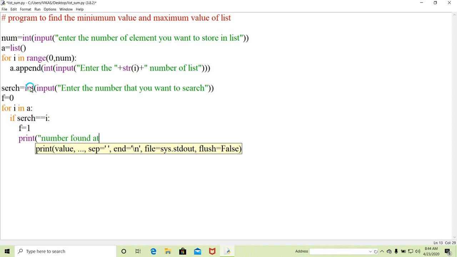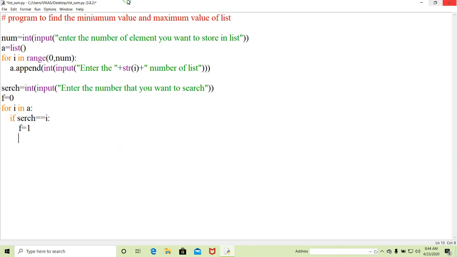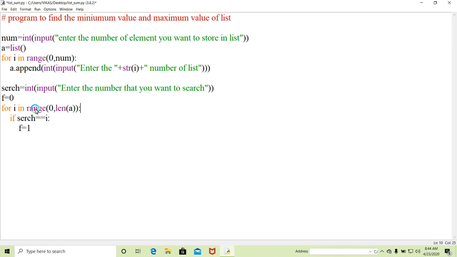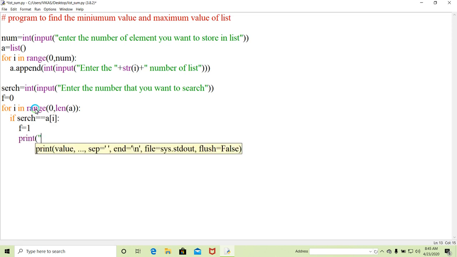number found at position, which position? Oh, actually for getting the position I have to run in the range function, because we have to get the position also. 0 comma length of a, and here we have to write a of i, and then here we have to write number found at position, which position we are getting, i plus 1.